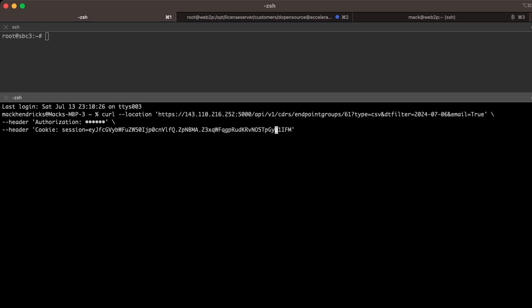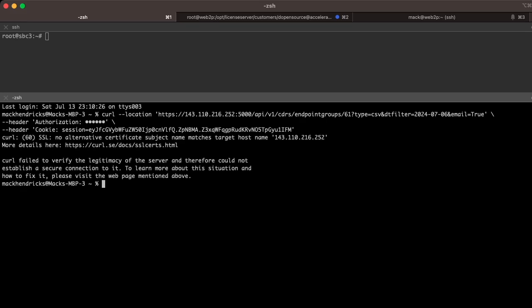So this is the curl statement, and it's not going to work because it's hiding the actual token that we use. I'm just going to do it for giggles, so you can see a couple of things. Number one, it didn't work because unauthorized. But the first thing